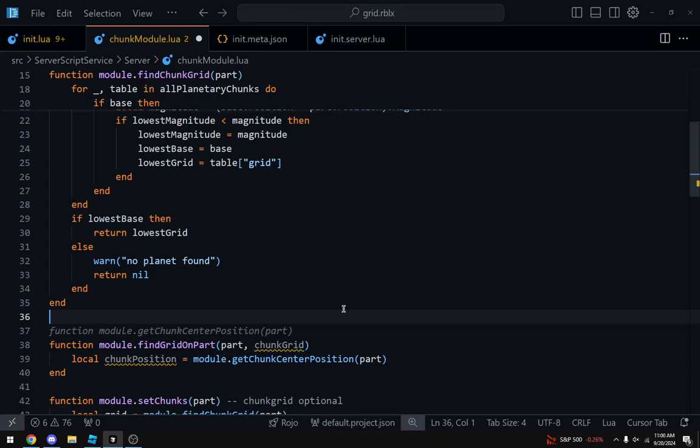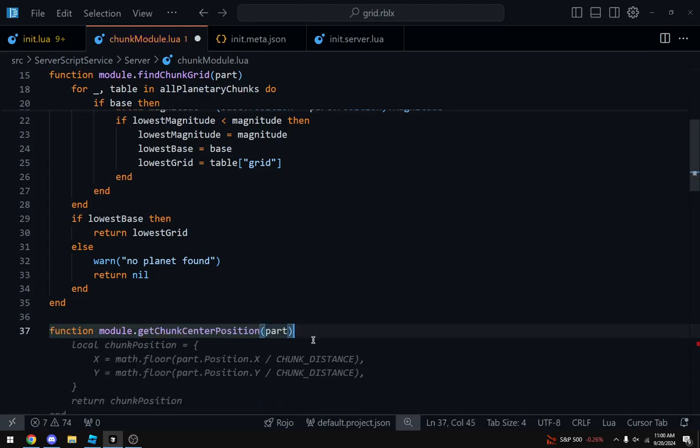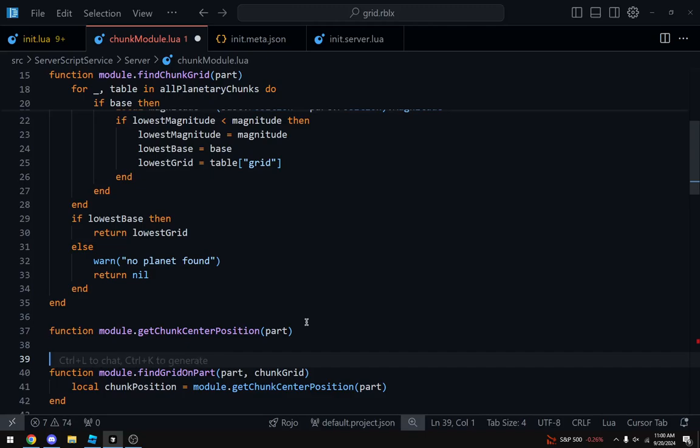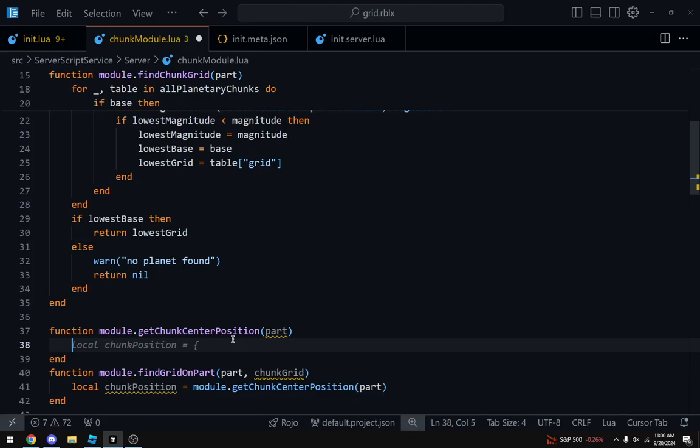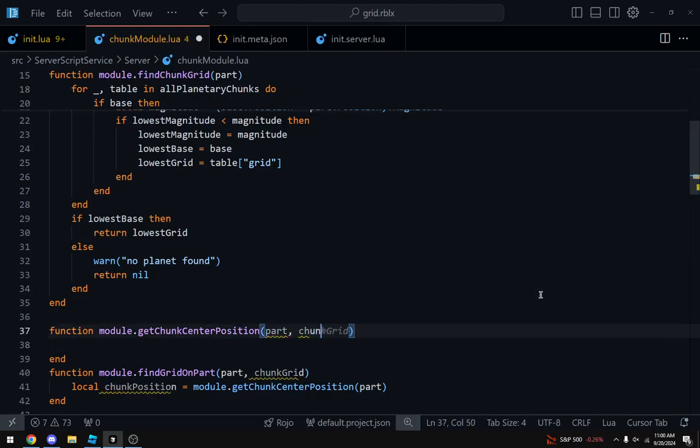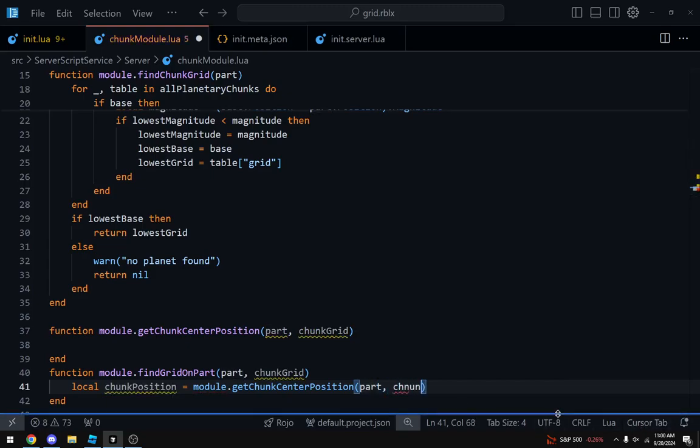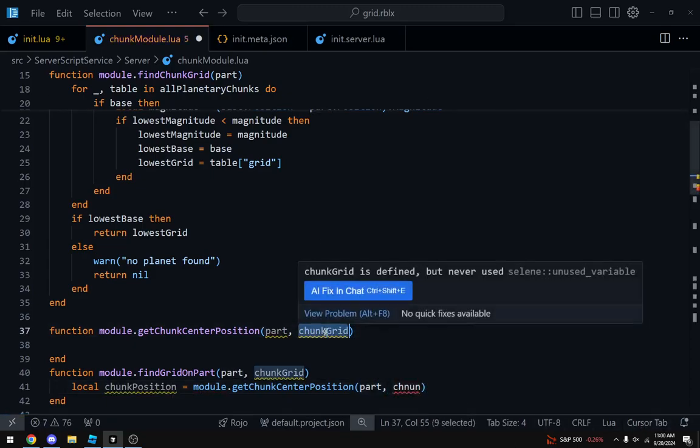Let's do module. What? Why is there two ends? Look at chunk position, right? And I probably want the chunk grid too. No, I want the chunk.